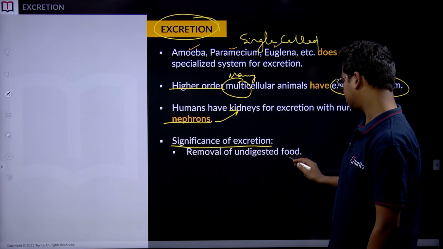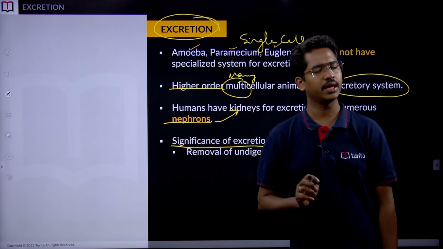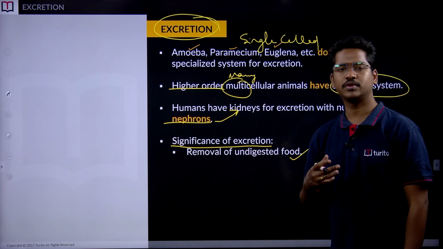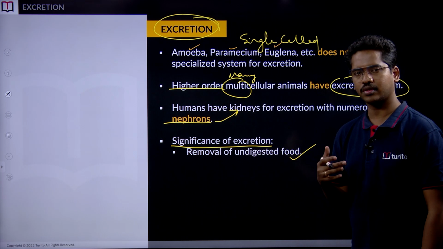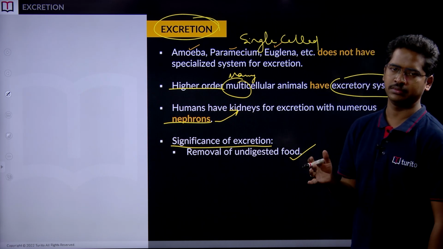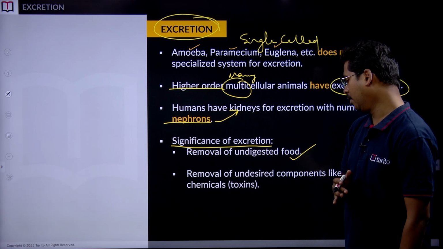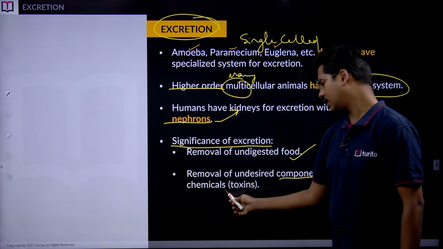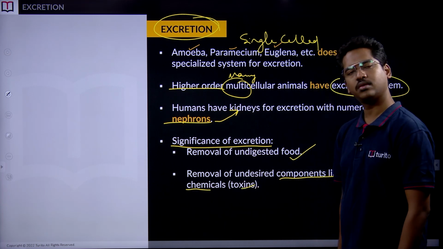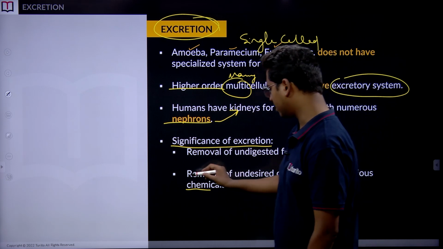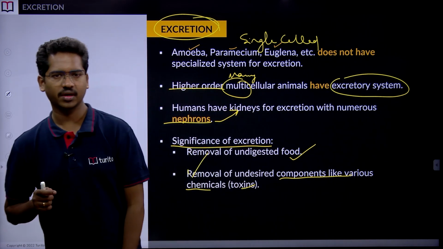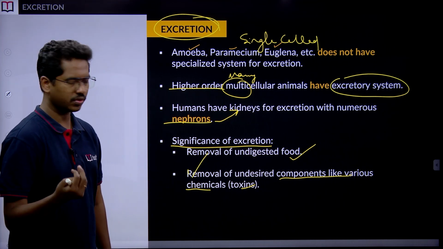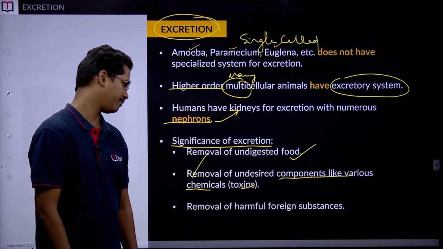We will be removing the undigested food, that is also excretion only, but that is a different form of excretion where only the undigested food is given out of the body, and we call that process either egestion or defecation. We have removal of undesirable components like chemicals which are actually toxins. So, removal of these undesirable components having toxicity in them, that is poisonous nature. So, of course, that should be excretion, following which